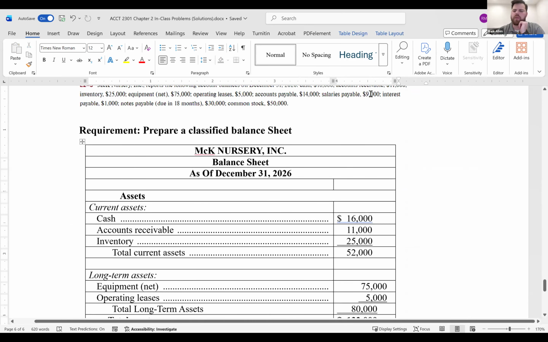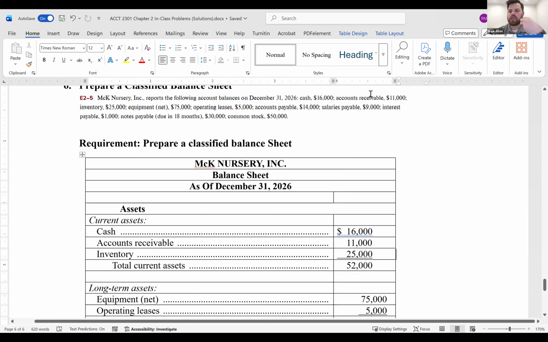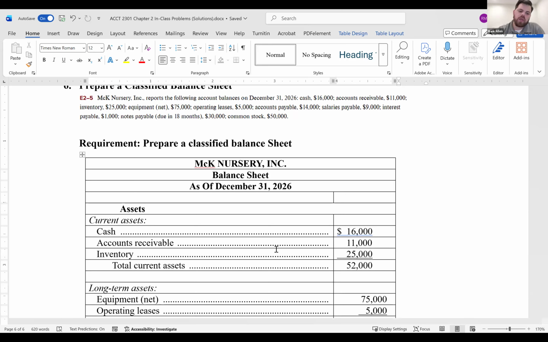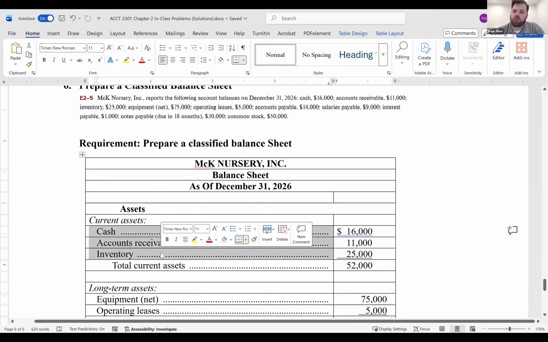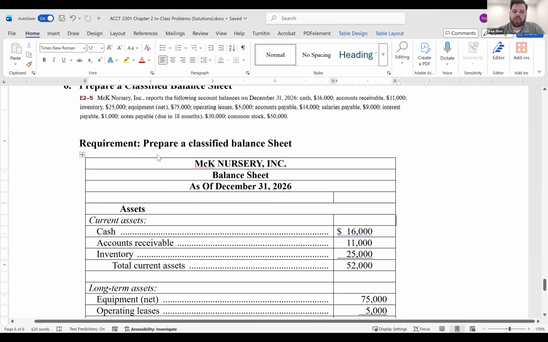So we'll do the classified balance sheet here, which once again is in comparison to the unclassified balance sheet. You'll immediately notice some key differences. The first big difference here is that inside the asset section, we have a label for current assets. The next thing that you will notice is that the current assets are listed in the order of liquidity, which of course we remember to be the statement here,